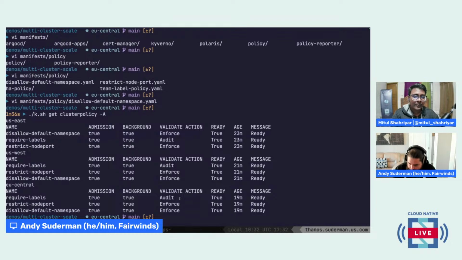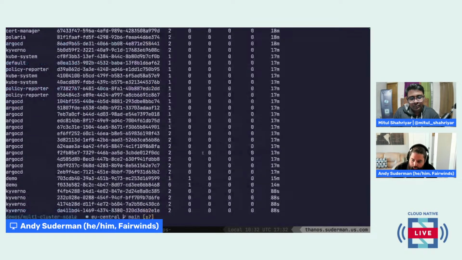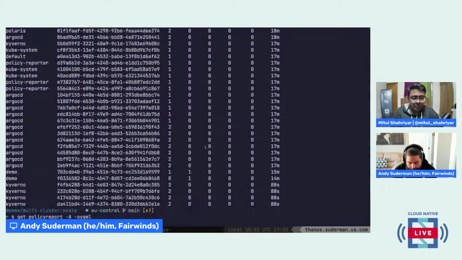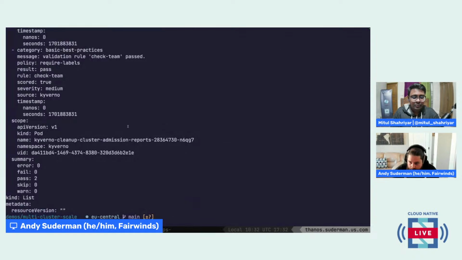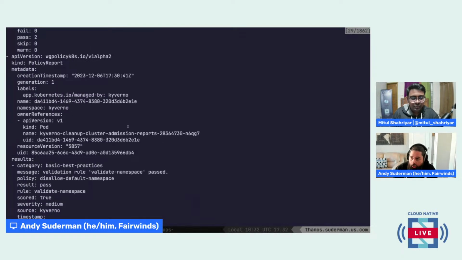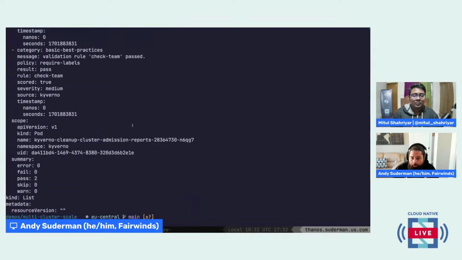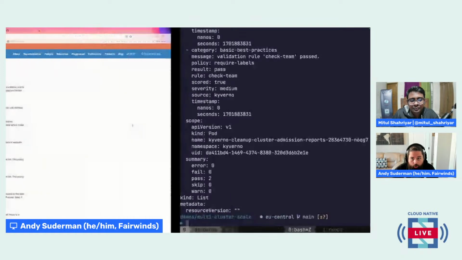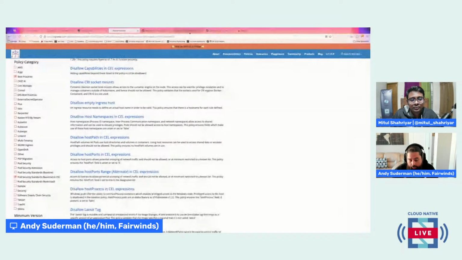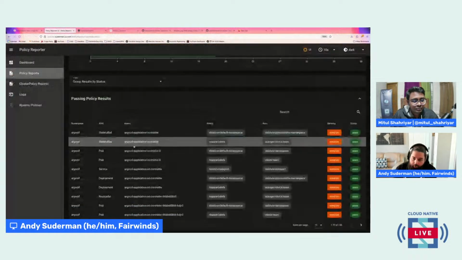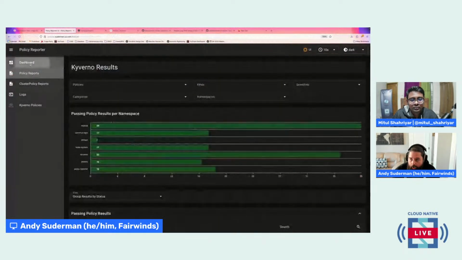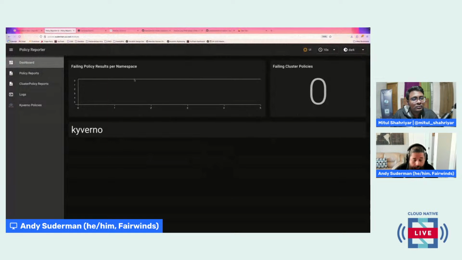And then Kyverno also outputs what's called a policy report. And so this is where we start to get into the ability to audit across all of our clusters. We get a summary of all the objects that are passing all of our policies, that are failing our policies, or that have other issues. It's kind of a verbose thing, but if we take a look at the policy reporter, which is this other open source project in the Kyverno repository, it allows us to view these policies and what's failing. So nothing's actually failing right now. That's cool.